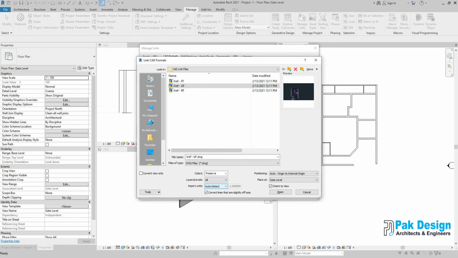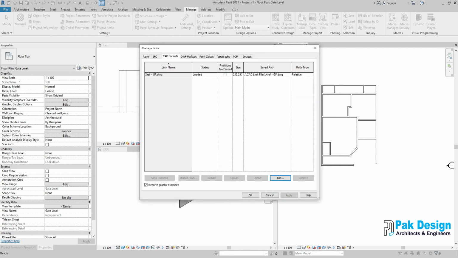Auto detect means the same unit will be here, because my Revit file unit is mm and my AutoCAD file unit is mm, so both will be the same unit. But if there is a difference between both, like this layout is in inch, I will select inch here. If that layout is in a different unit, we need to select it here, or put it in auto detect. So here I will click OK.